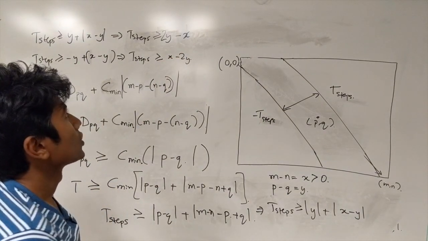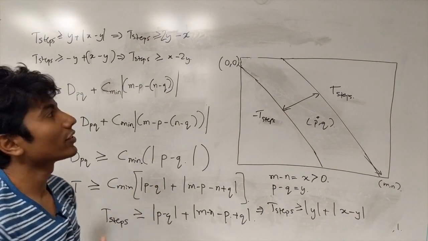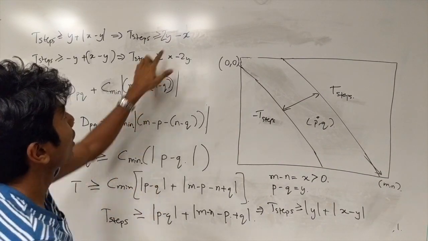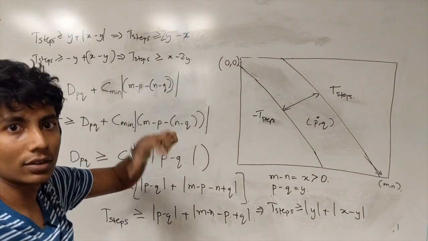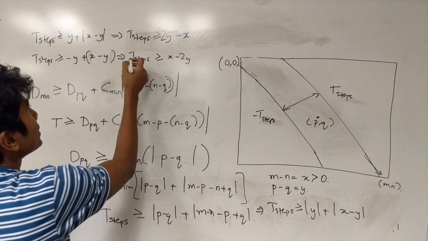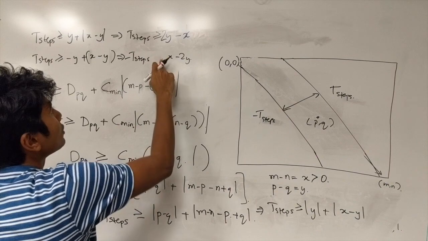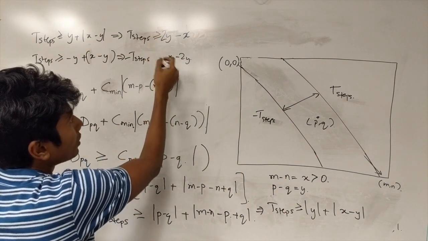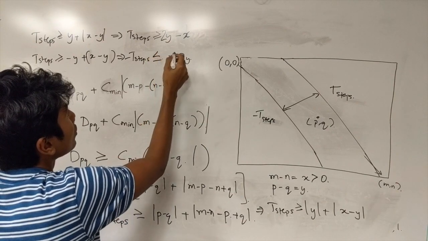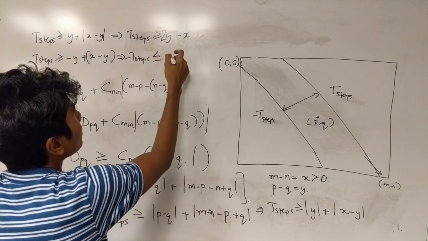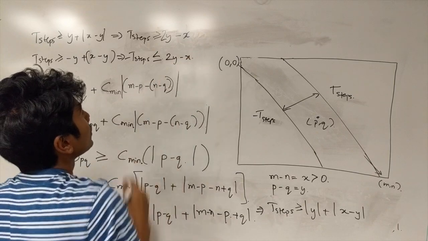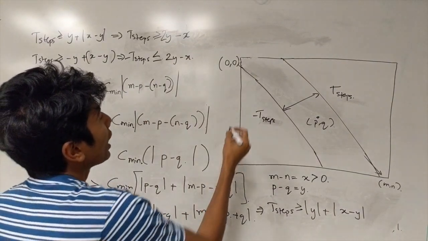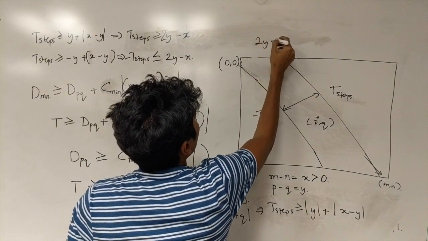Okay, so can you see some interesting things here? This is the inverse of this, right? Just the signs have been changed. So let's multiply both sides by minus. What happens is this inequality was greater than or equal to, now it will become less than or equal to, and by shifting signs it becomes 2y minus x. Okay, so what you have is 2y minus x